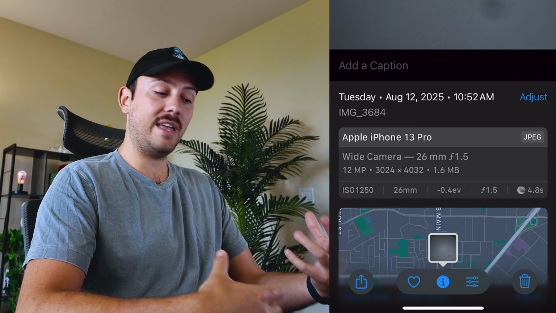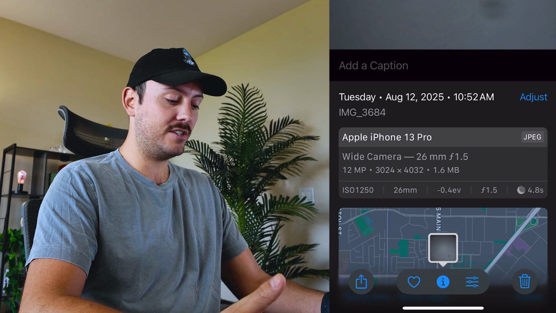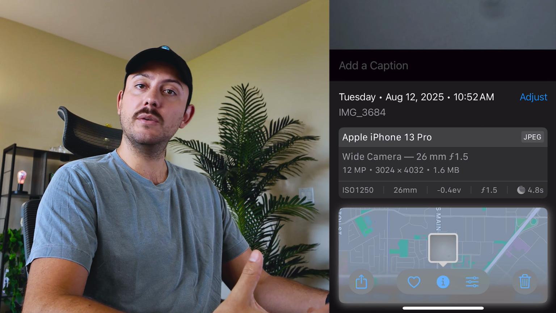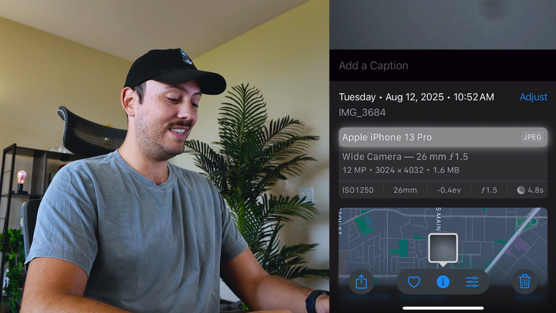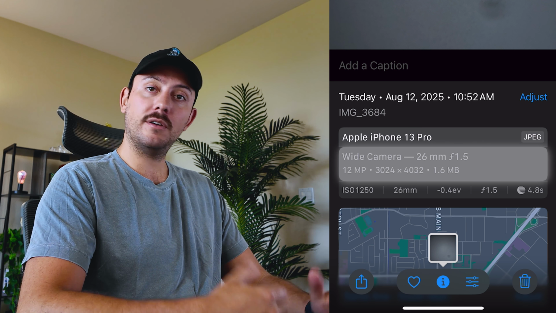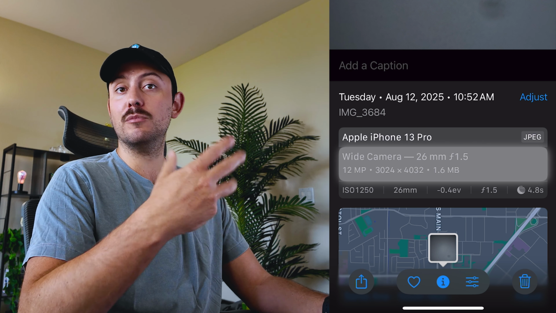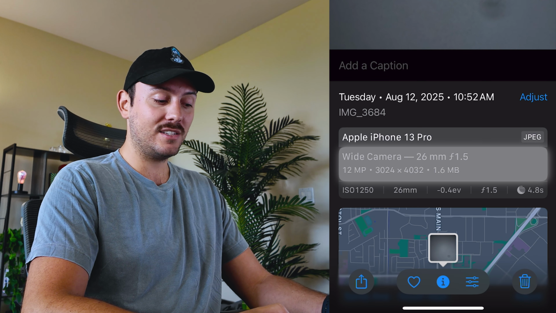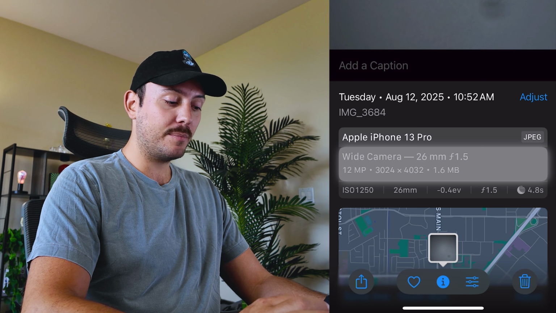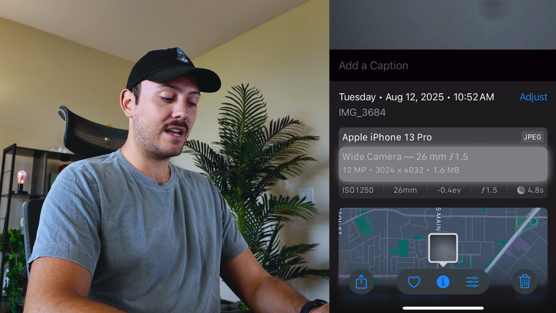Now, as you can see here, we have a few different pieces of information that we can see. Obviously, there's a map on the bottom, which we can tap on to see exactly where the photo was taken. We can also see that it was taken on an Apple iPhone 13 Pro using the wide camera. A lot of these iPhones, if you have a Pro, have multiple lenses, so you can see which lens it was taken with, which millimeters, the f-stop, meaning the aperture, how many megapixels it was, the pixel size or the